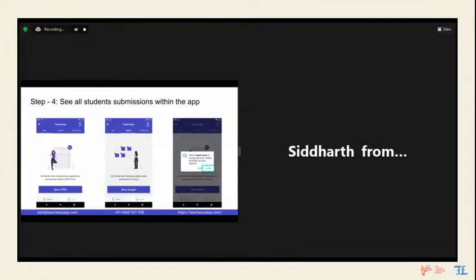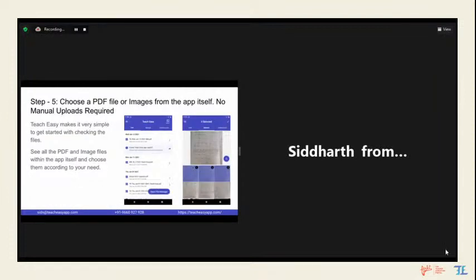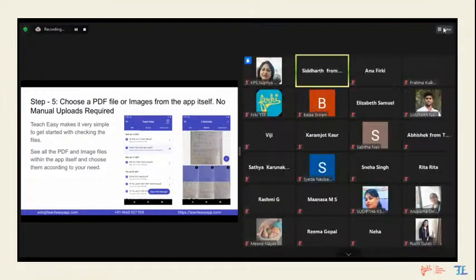When you do that, there is an option for PDFs, an option for images, and the saved files option as well. Just give access to your files to Teach Easy. Again, I want to emphasize that Teach Easy does not read any of your files. We only list them so that it becomes simple for you to get started.